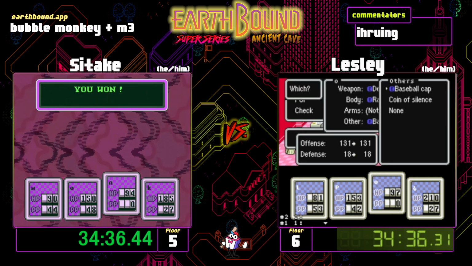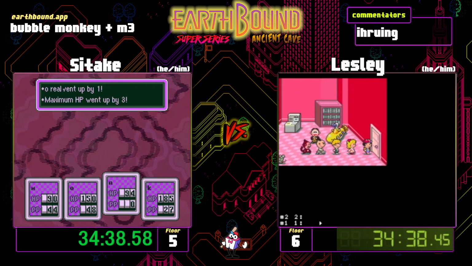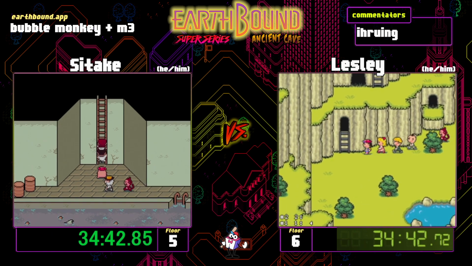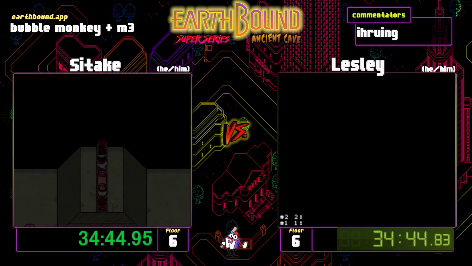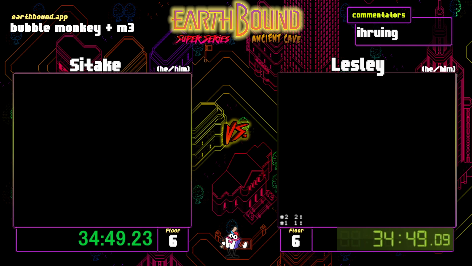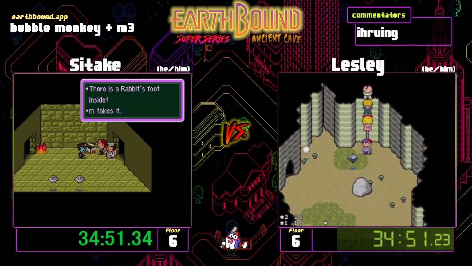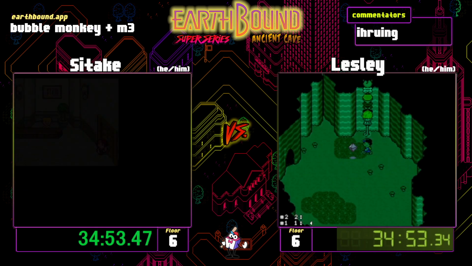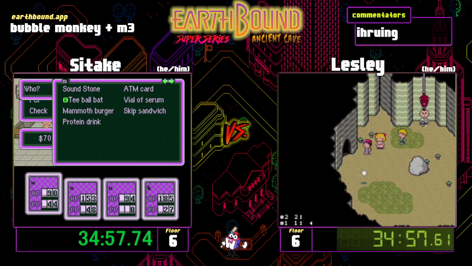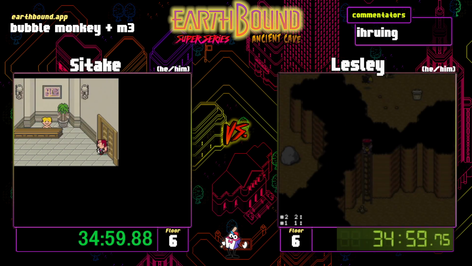This is the boss version of what he just fought. There's so many scorpions. The M3 flag. Wait, I'm confused. Oh no, Leslie fought the boss. I confused myself. That's on me. I blame myself on that one. Did he not even have it equipped? And he just...